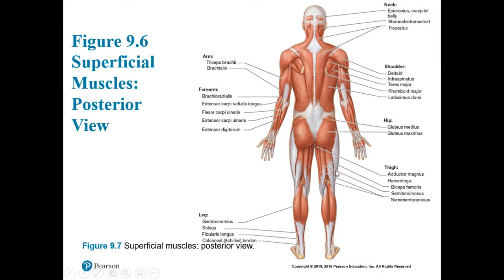Also, abduction of the entire leg. So if you abduct, you've seen the tensor fascia muscle over here. You abduct, you go ahead and adduct using not only the adductor group, but also the gluteus maximus and gluteus medius. All right, so that highlights the importance of the gluteal muscle. Okay, so it's involved in essentially movement of the entire leg, right? So walking, running, and so on, and more precise movements